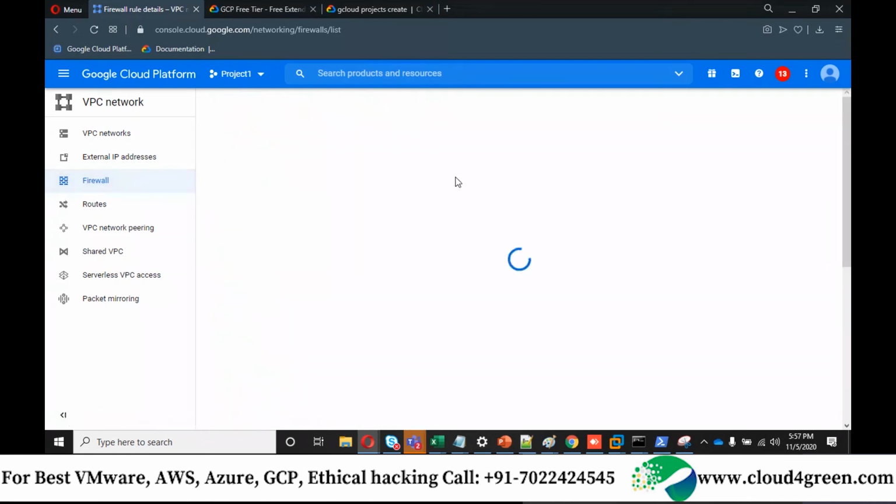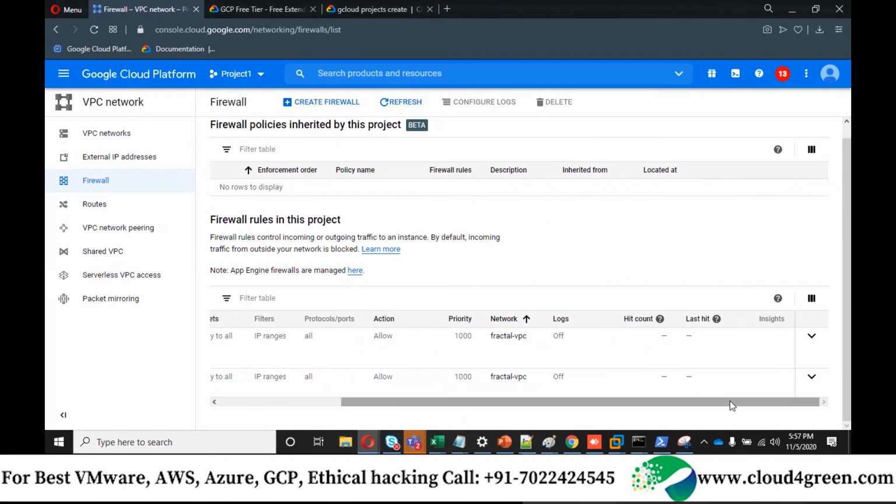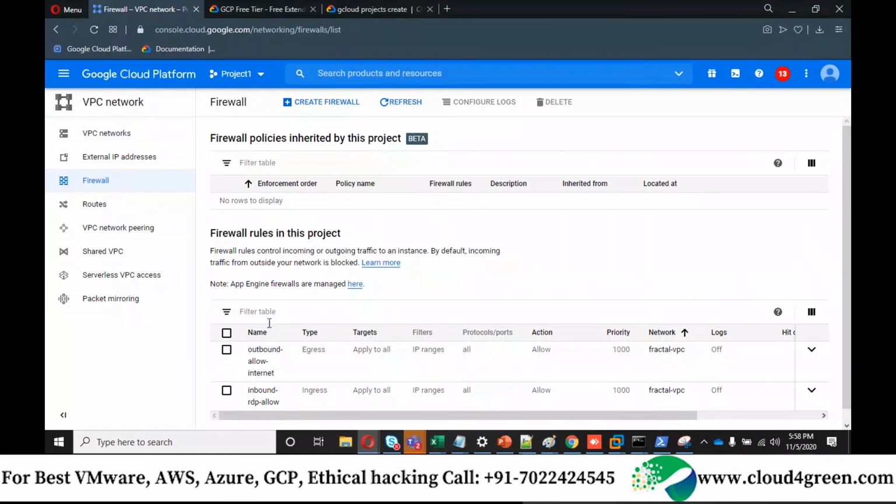One question, sir. In IP ranges, you mentioned 0.0 something. That's the general IP address. That is not an IP address. It is called all. 0.0.0.0/0 means any subnet, any range, any class. It can be class A, class B, class C, any range. Anyone who requests, we should be in a position to answer. Okay, sir. Understood? Yes, sir.